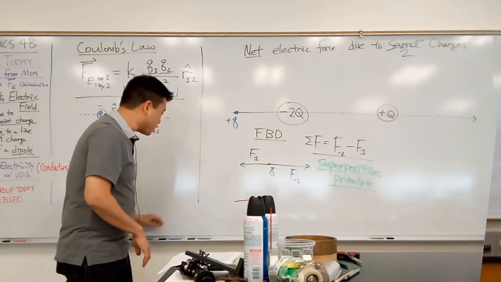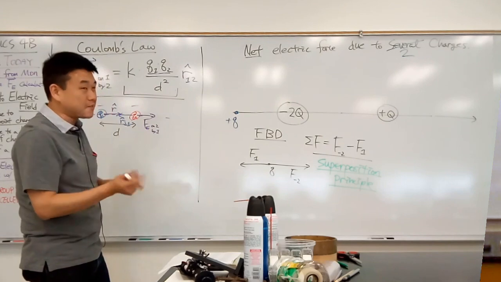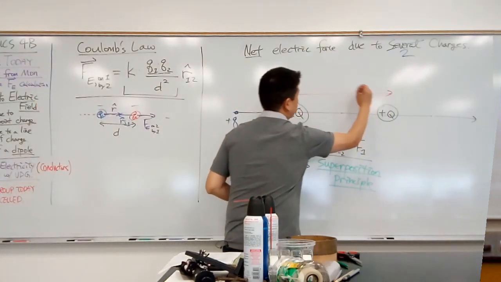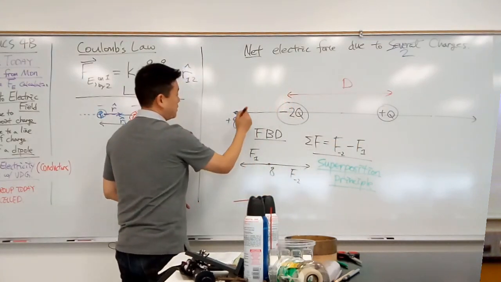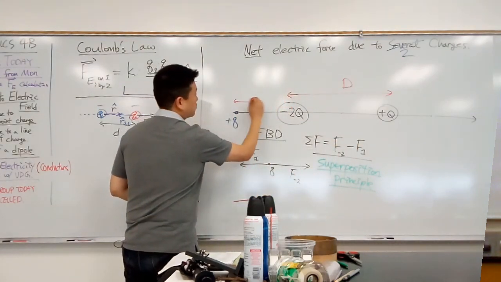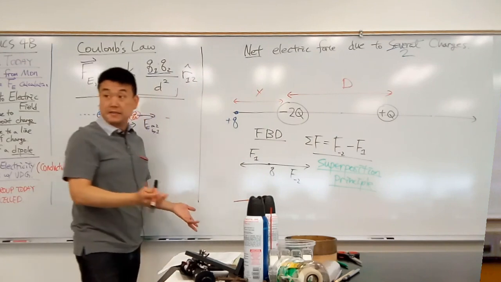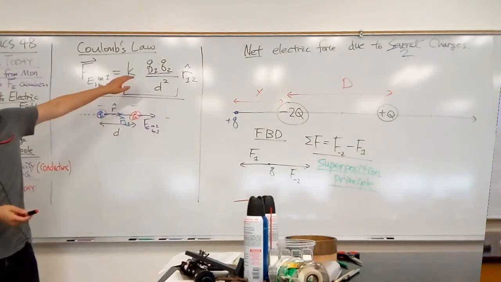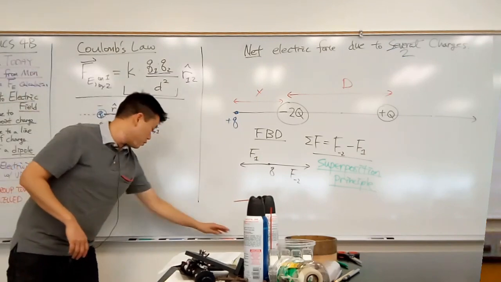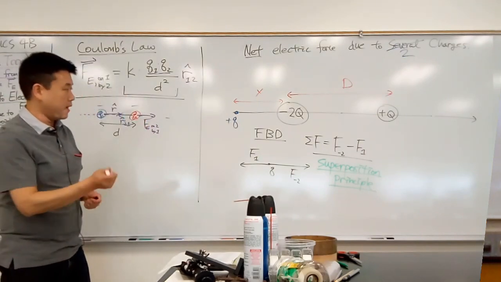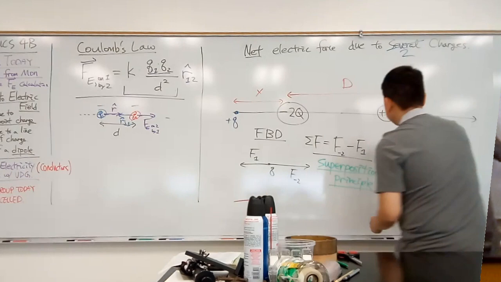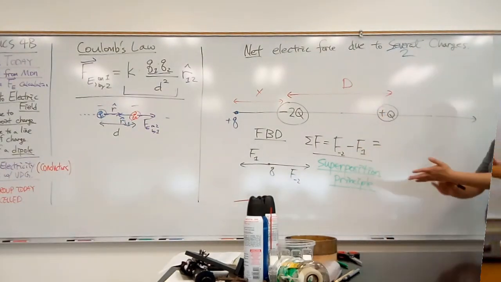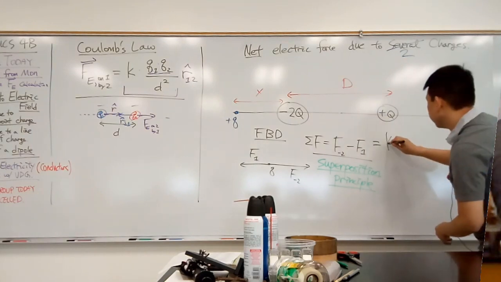To actually finish calculating it, I would have to specify some additional parameters that I haven't yet. I'd have to tell you that the distance between them is maybe d, and the distance from the charge to the minus 2q is some distance x. Once you have all of that, then it's a simple exercise copying it down from Coulomb's law. So you'd write down net force is equal to k. Let me factor out k so that I don't have to keep writing it down. K times,